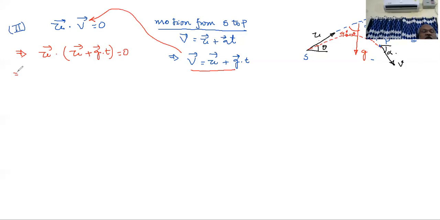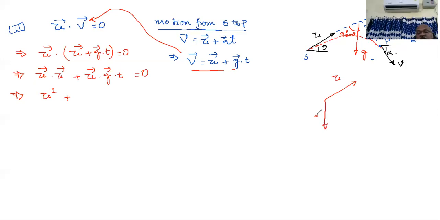The next step will be to open up the bracket. So that is u vector dot u vector plus u vector dot g vector into t must be equal to 0. Next step, u vector dot u vector, that is u magnitude square, that is u square, plus u vector dot g vector. We do know u vector is a vector that is like this. Okay, g vector, I make it